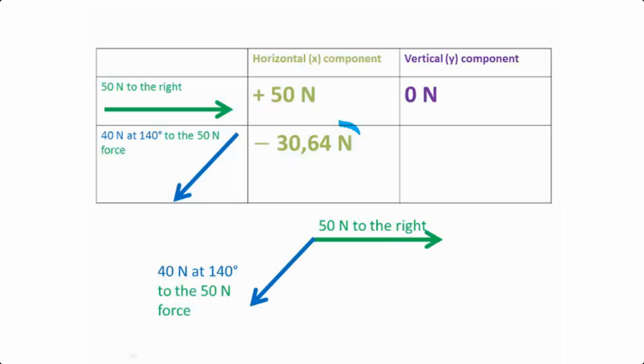So we put that information in here. That is the horizontal component of this 40 Newton force. Now we need the vertical component of this force. Remember that vertical in this case is not meaning up and down, because that would not have been helpful here. It's meaning into and out of the page. Not sure if that's very clear, but towards us or away from us. That is what we're referring to in this particular case, because then it's useful to explain the other dimension of